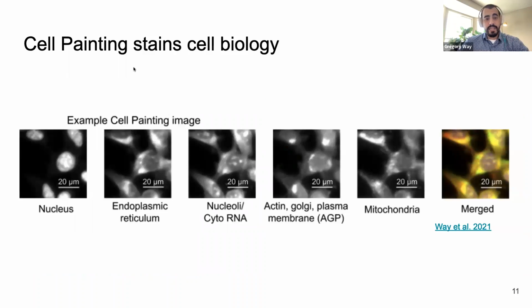So the traditional cell painting assay is going to stain for these specific cell compartments. So we have a nucleus channel. We have a channel that targets endoplasmic reticulum, nucleoli and cytoplasmic RNA, actin, Golgi, plasma membrane, or AGP, as well as mitochondria. And so typically when you see the cell painting assay, it'll be merged into a single representation across the different channels. But know that these are individual reagents that we're using to stain independent cell painting compartments. The cell painting assay is also really customizable and not really all that much optimized. So there's lots of room to improve the assay and lots of flexibility to be creative.